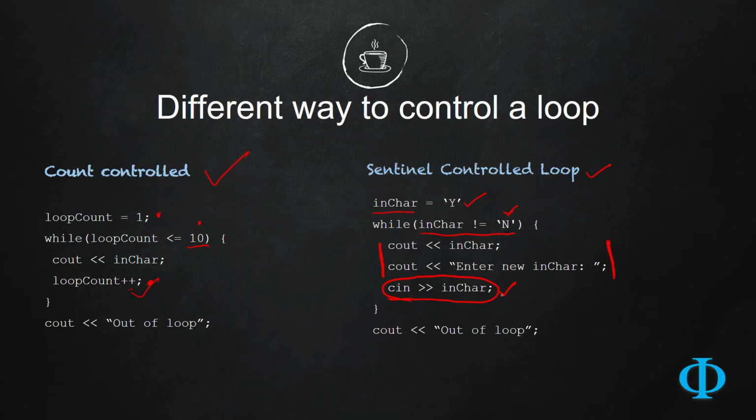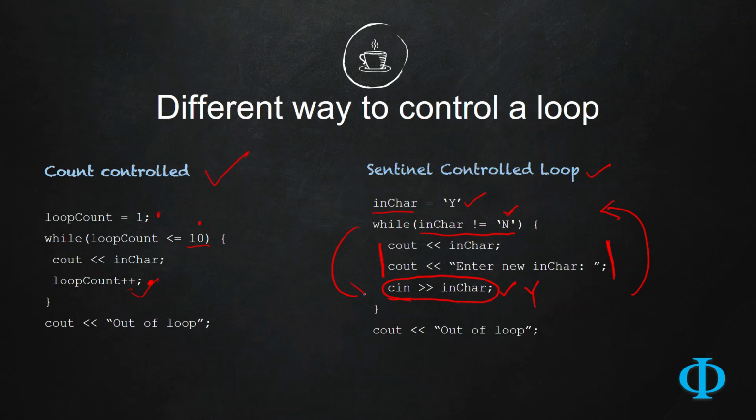If the user enters yes or any other character like y, u, a, b, c, d, x, y, whatever it is, anything other than n, the while loop will continue